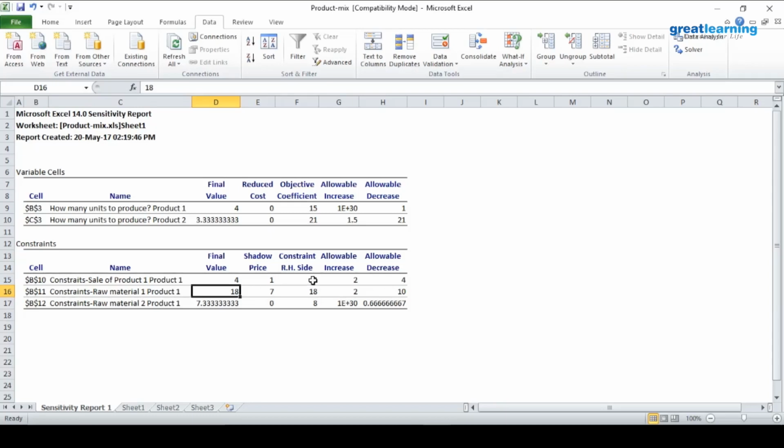Now, to what extent can I increase sales of product 1? It says maximum 2. Raw material also maximum 2. To what extent can I decrease the sales of product 4? Decrease it here also 10 units. So what I am trying to say, I do not want to decrease, I want to increase. Of course, this shadow price is the sensitivity which we have performed here, the allowable increase and the decrease in the linear programming problem. Okay.